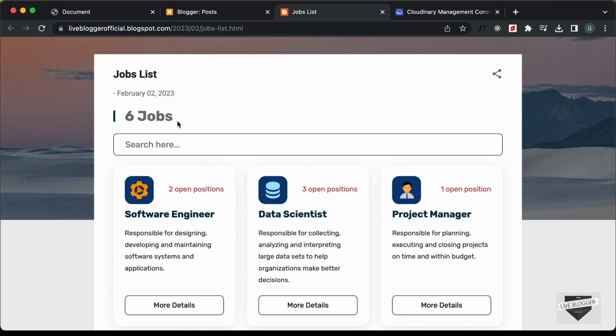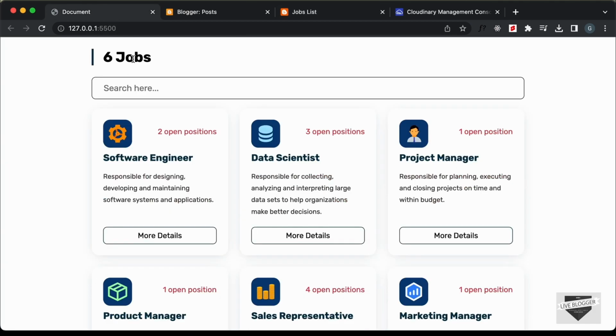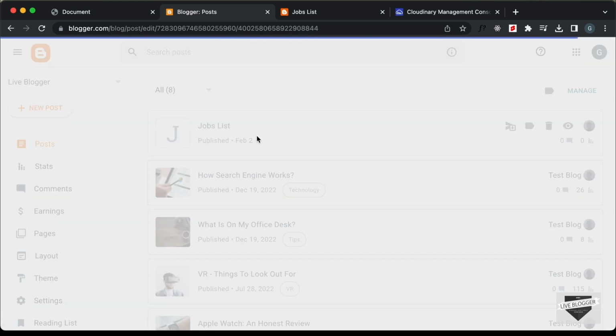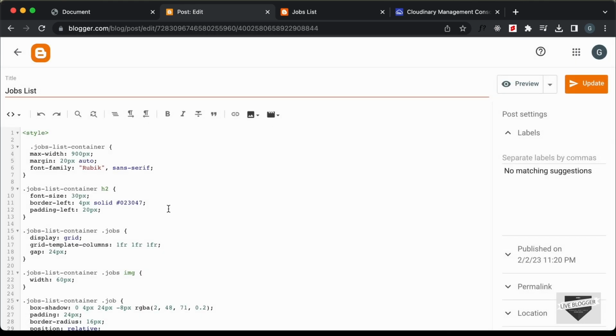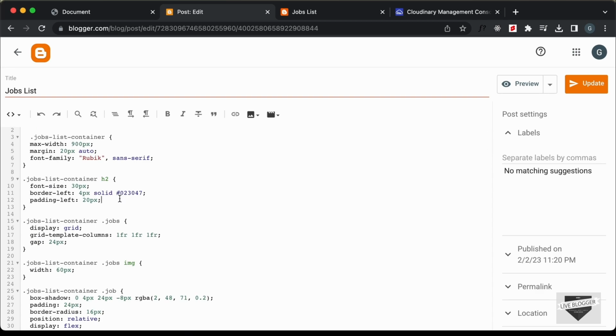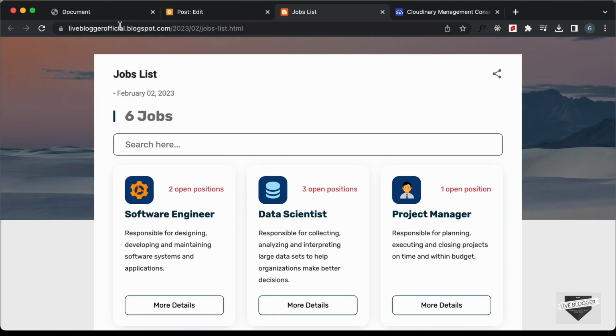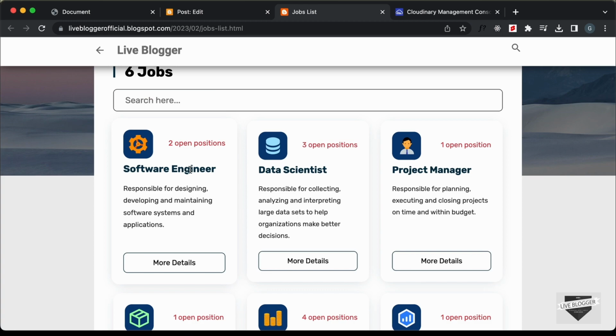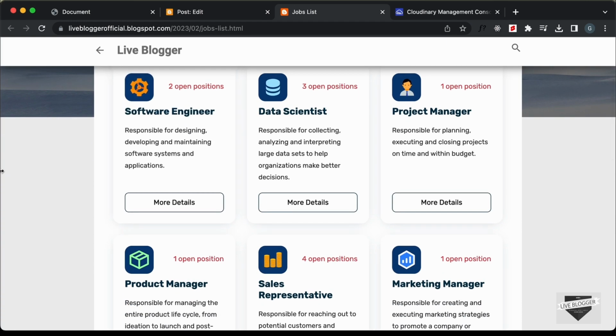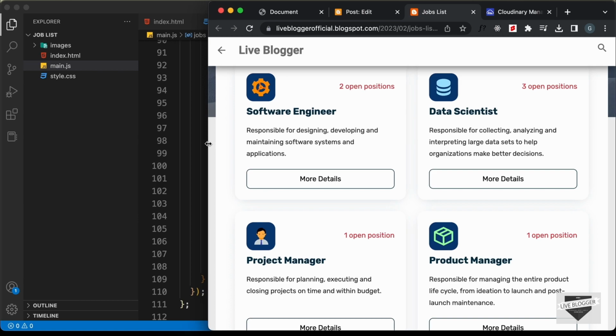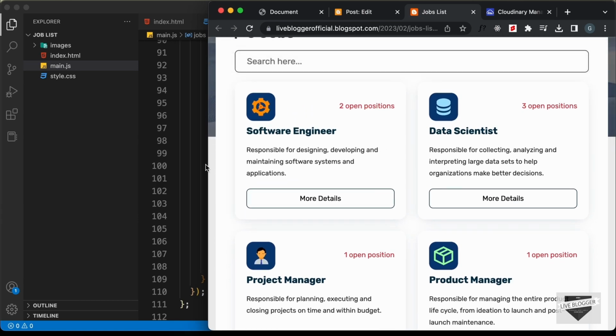Now here for the heading we don't have the right color, so here we can see we have this black color. So let's go back and let's make the changes. So here in the styles, here for the H2, I'll just type color and I'll just set it to black, and let's update this. And now let's go back to our post and let's refresh this page. And here we can see that the color is being displayed correctly, so everything is working alright. And let's see whether it is responsive. So let's decrease the width of the browser window, and we can see that it is responsive,